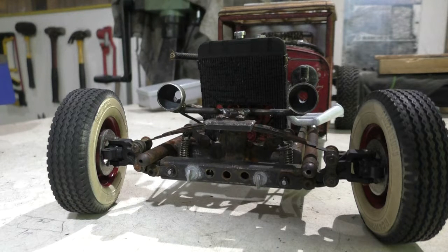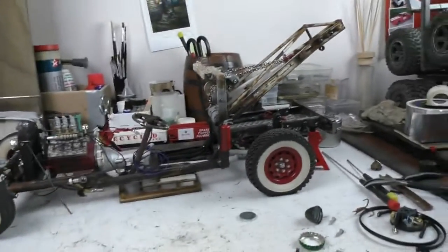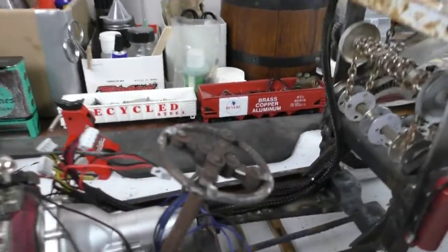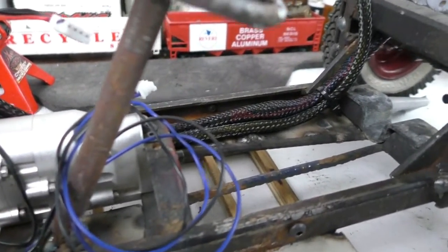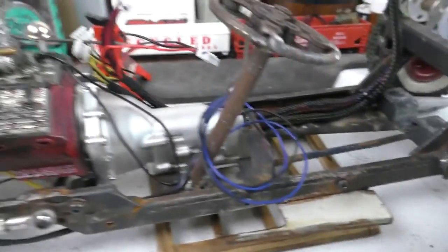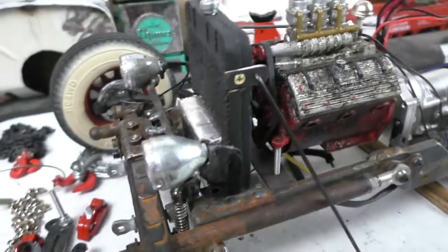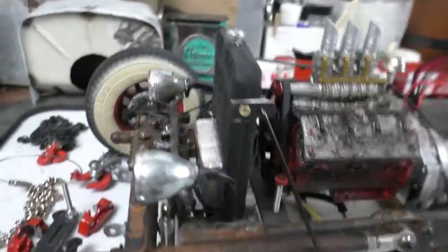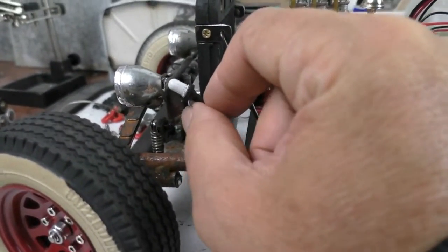Some various photos of mocking up the engine and the radiator there. I think I might have some of these videos out of order, but you'll get the gist of what's going on. So the steering, here's the steering wheel using bike chains, and some of the wiring looms that I added for the lighting units. At this stage I've got the transmission in with a Tamiya 540 can motor, and I have the flathead V8 in place, and I'm just adding lights to